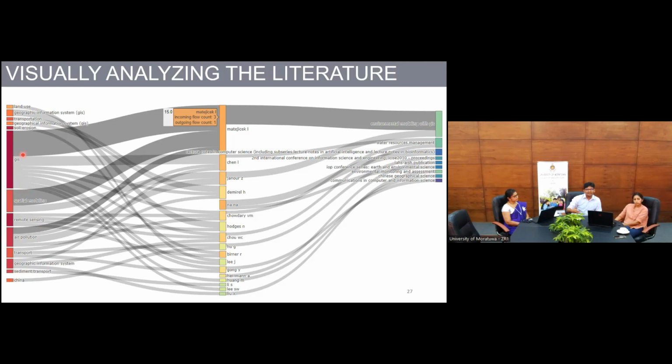So you can see GIS has been used a lot, remote sensing, spatial modeling, those things have been used quite a lot. And then you have the authors who have published a fairly high number of papers in this area. And with this, you can find who are the key players. So if you find an article from one of these authors, then you can base your assumptions on it, or you can think that this is the science behind it, and you can focus more on those. I'm not telling you to just focus on one, but I'm saying you can pick who is doing what.